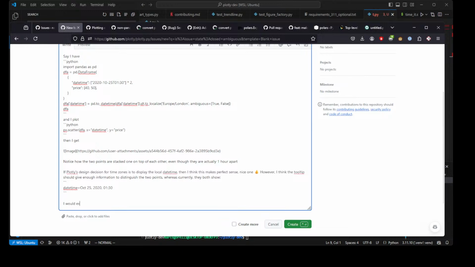I would expect the bottom one to show plus 01:00 and the top one to show